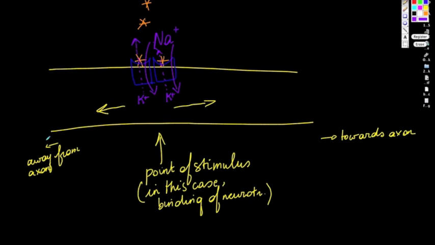So we're going to see that the depolarization spreads towards the axon and the depolarization wave spreads away from the axon. Clearly, we would like for as much depolarization to travel towards the axon such that we hopefully can reach the axon hillock and depolarize it by at least 15 millivolts to open up those voltage-gated ion channels and therefore fire an action potential, assuming then that many graded potentials are generated through the binding of more and more neurotransmitters